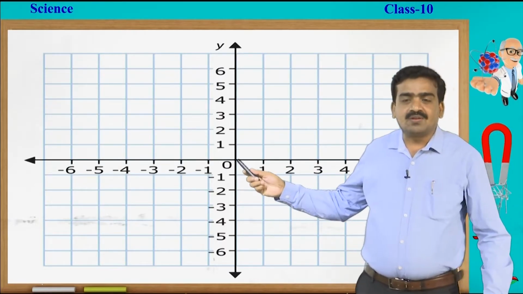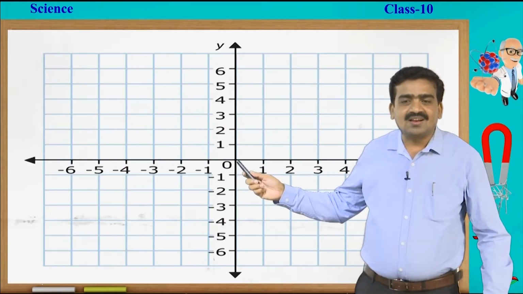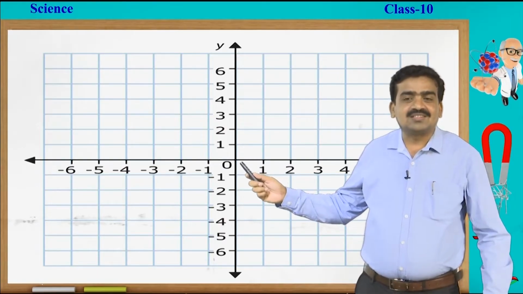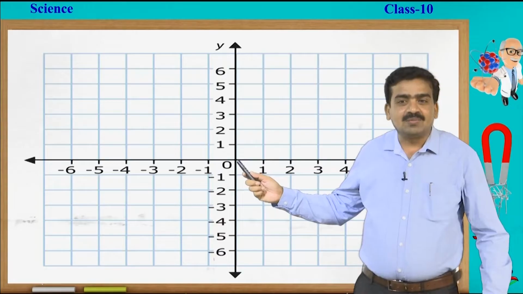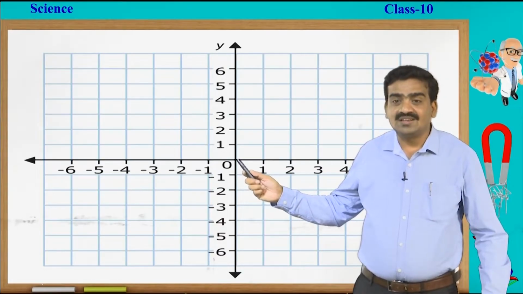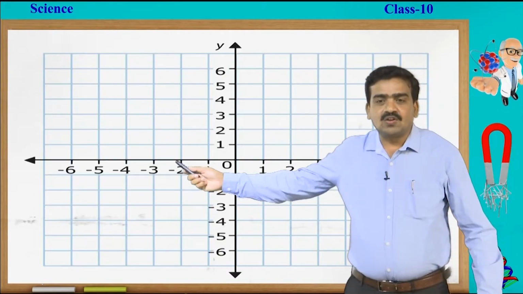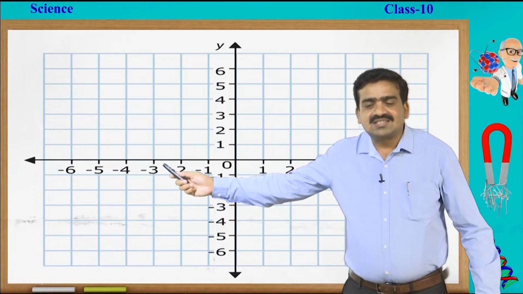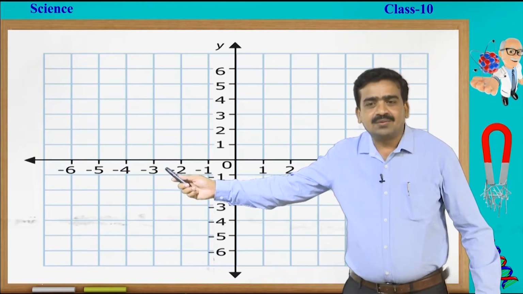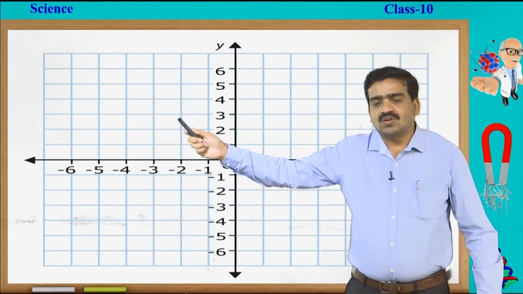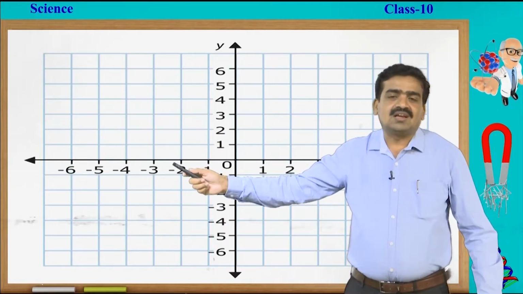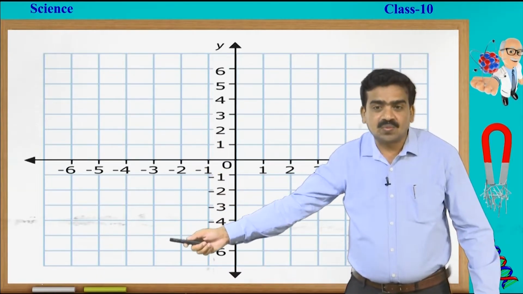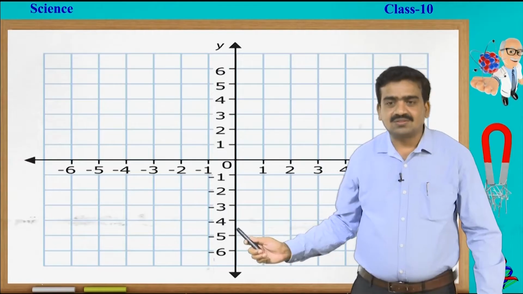So, here we are going to place a mirror or a lens. In case of a lens, the optic center will be here. In case of a mirror, the pole of the mirror will be situated here. And we are going to place the object on the x axis, on the negative side of the x axis. The distances are going to be taken negative. The height of the object is going to be considered positive, and the height of the image, if it is towards the negative part of the y axis, here,